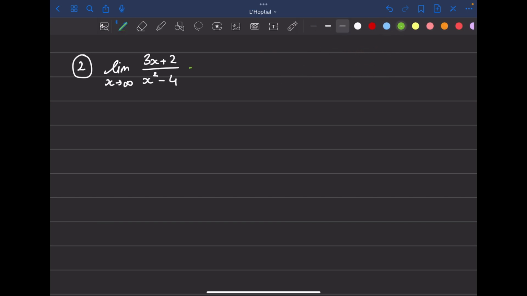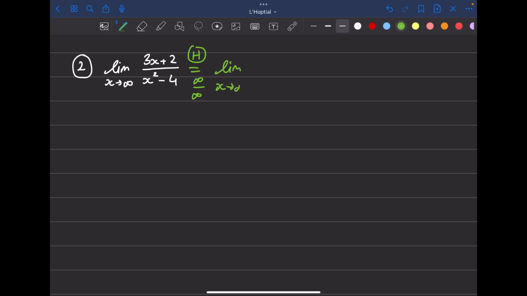We can say that this will be equal to using the L'Hopital rule. And if you want, you can say infinity over infinity. That's extra knowledge, but it really depends on what your teacher wants. So make sure to ask them. Okay, and then after that, so yeah, using the L'Hopital rule, we can say that this will be the limit